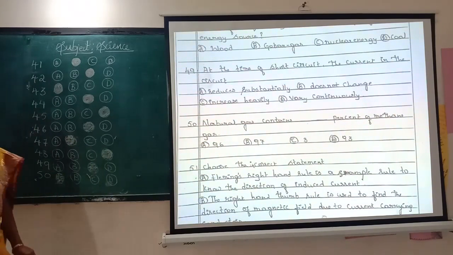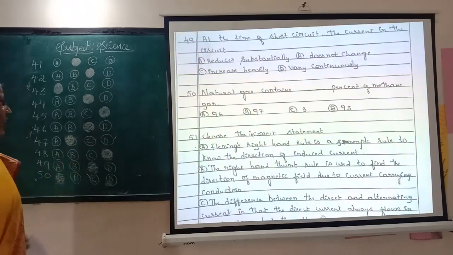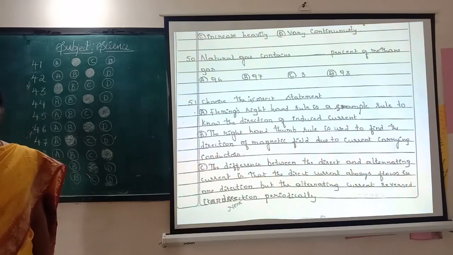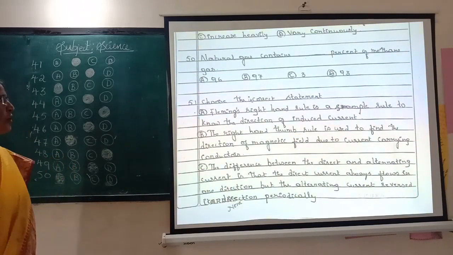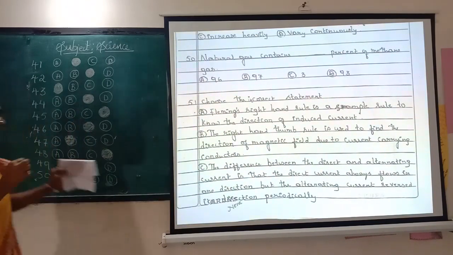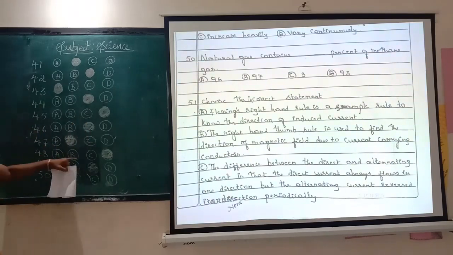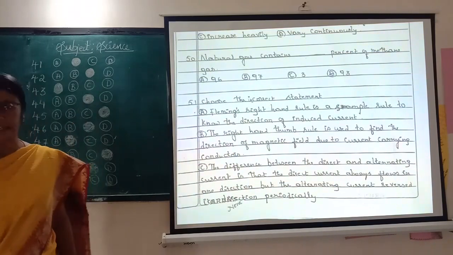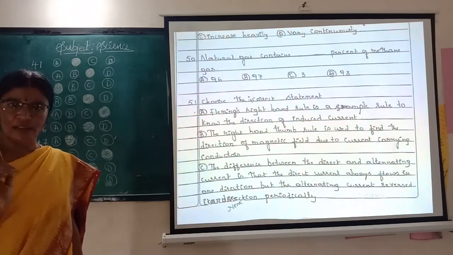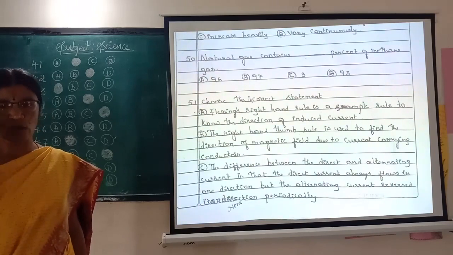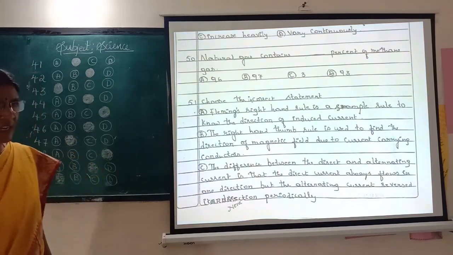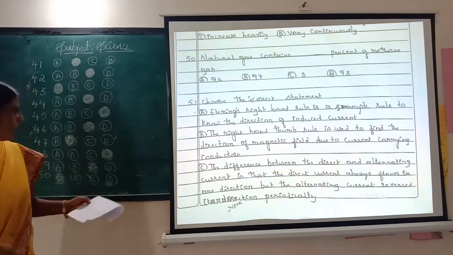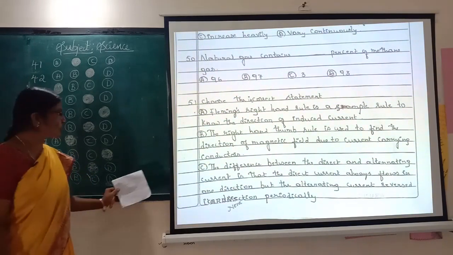Now you are familiar, I think, with how to shade the OMR sheet. Same way for each subject. You have to shade in this manner only. After choosing, you should see the question number, see the right option and shade. If you make any mistakes in the OMR sheet, they are not going to provide you any extra OMR sheet, so be careful. Maintain neatness. Understood, children?